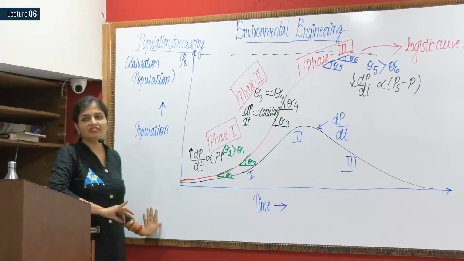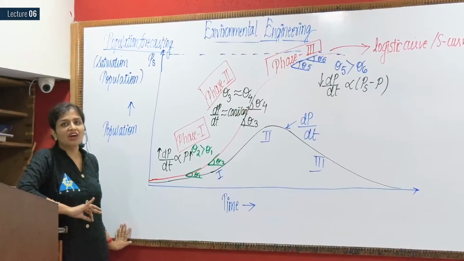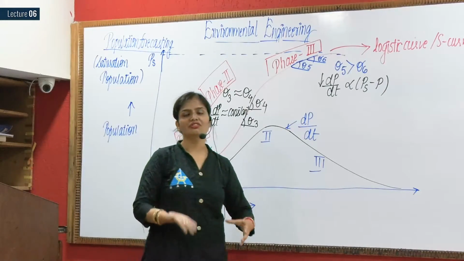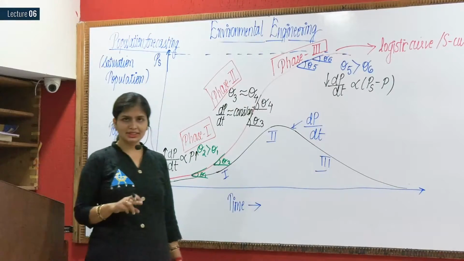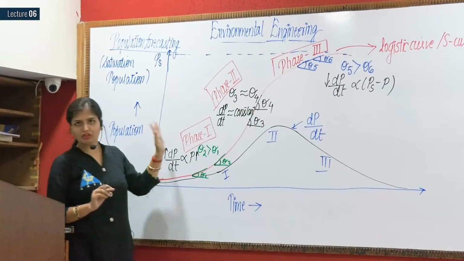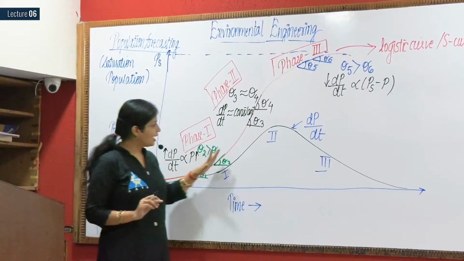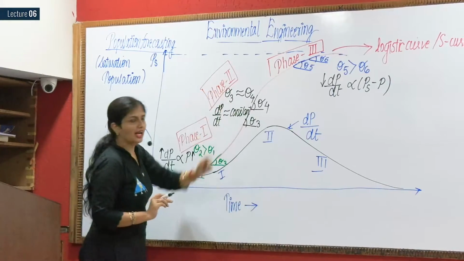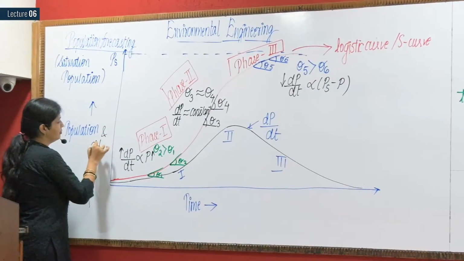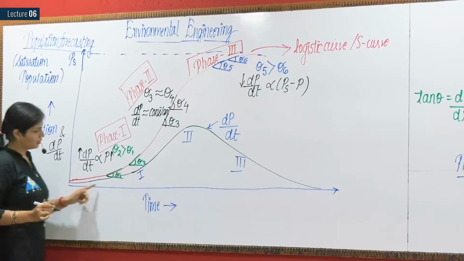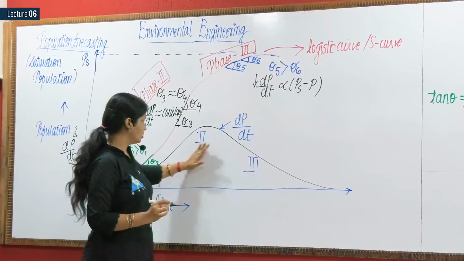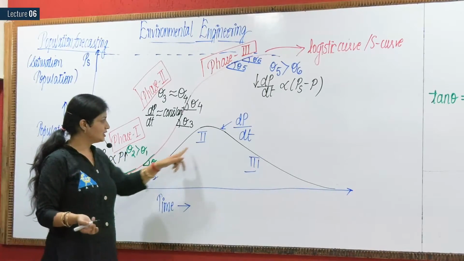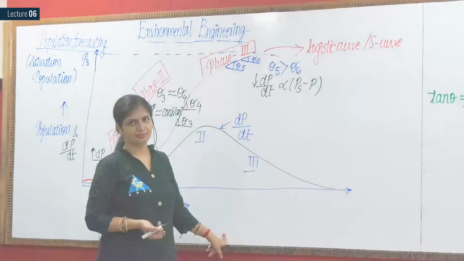Now, one more thing which we'll be discussing is what are the factors which affect the growth of population. Before discussing that, just one thing. Initially I have drawn this for population and time, but erase this diagram, this S curve, and you can write it as population and dp by dt. This dp by dt diagram is this one. I haven't mentioned it on the y-axis, so you can write dp by dt there, and here will be the time.